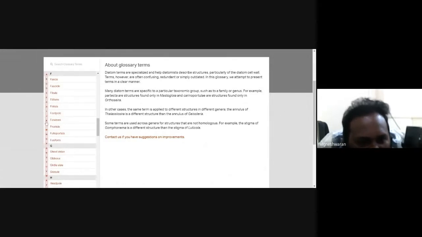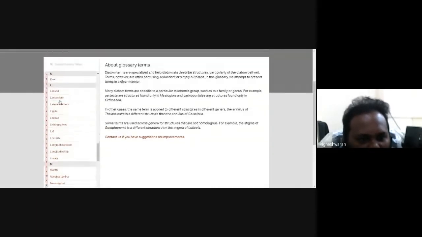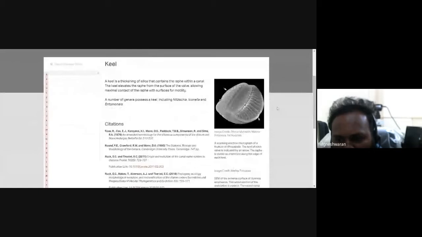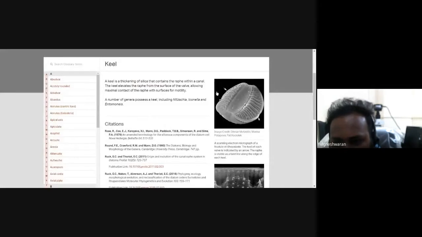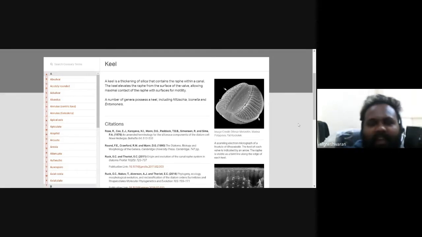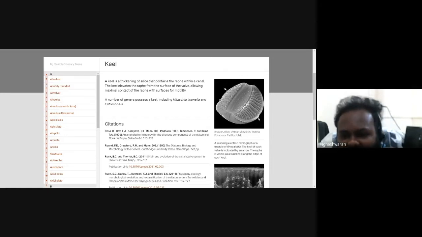Just a minute. Where is it? Yeah, it's here. In the epithemioid diatom, as I told, see in the first picture the pointer which they showed. Inside that there is like a canal system, for the water distribution. That kind of structure is there. Inside that canal, the raphe is running. That is why it is called epithemia diatom. Okay.